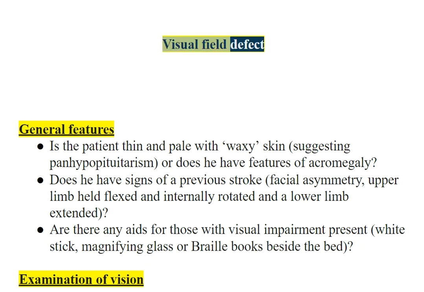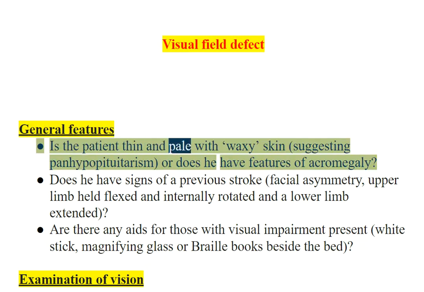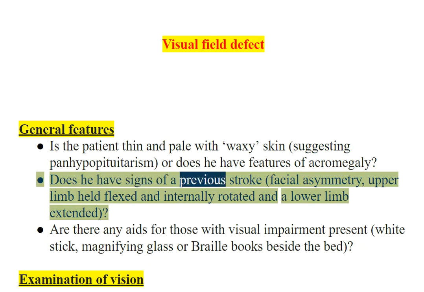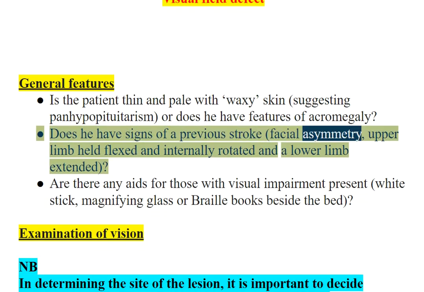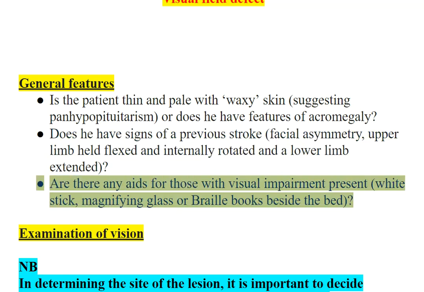Visual field defect. General features. Is the patient thin and pale with waxy skin, suggesting panhypopituitarism, or does he have features of acromegaly? Does he have signs of a previous stroke, facial asymmetry, upper limb held flexed and internally rotated and a lower limb extended? Are there any aids for those with visual impairment present, white stick, magnifying glass or braille books beside